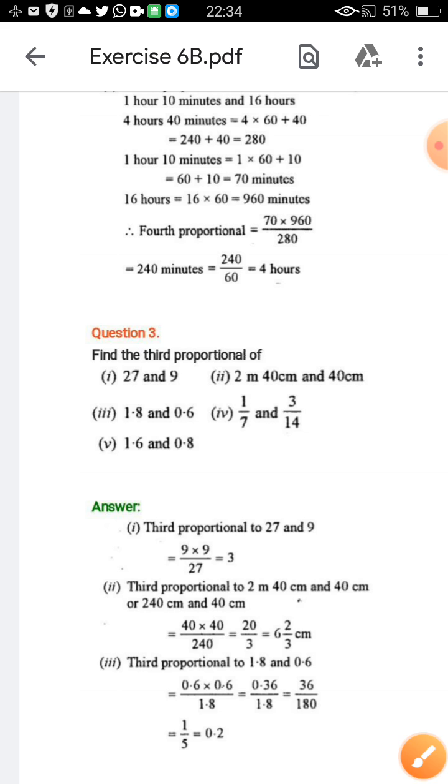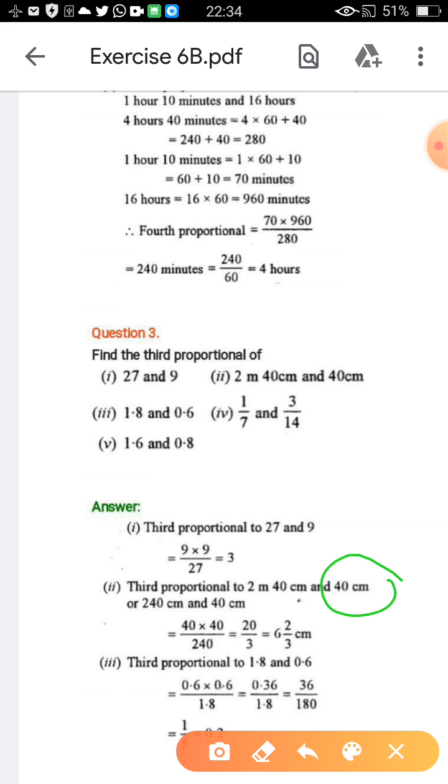What I have already told you, whenever you have to find the third proportional, at that time you have to take the square of the second term, which I have written here. 40 multiplied by 40 divided by the first term, so 40 into 40 divided by the first one. 40 into 40 will be 1600 divided by